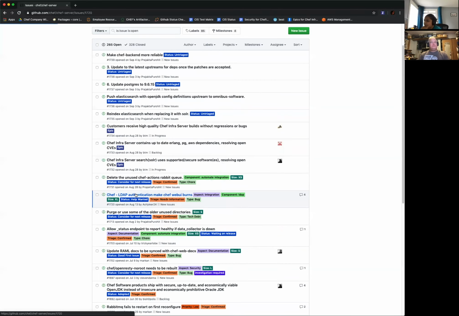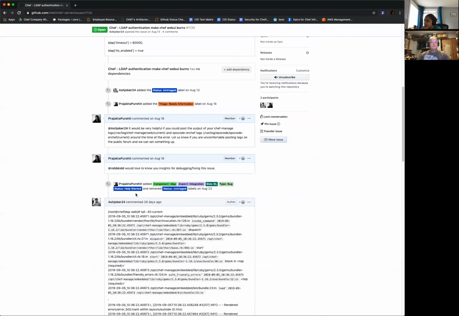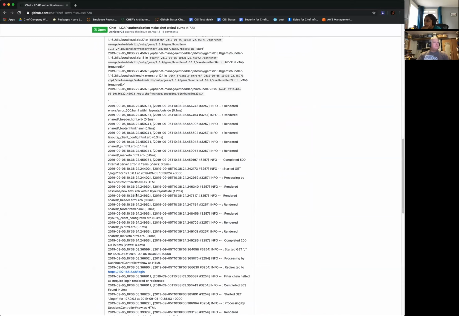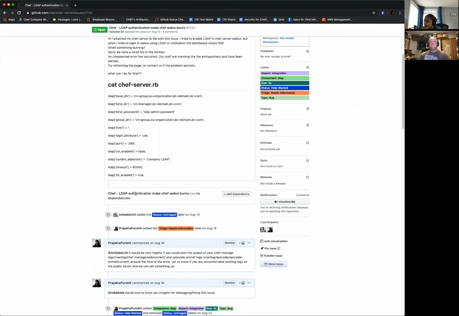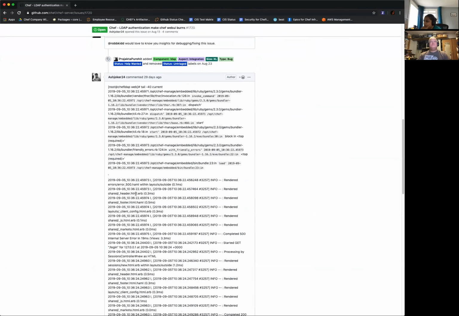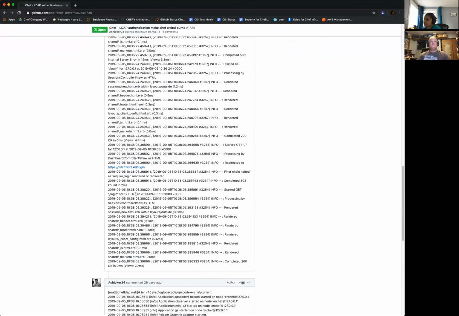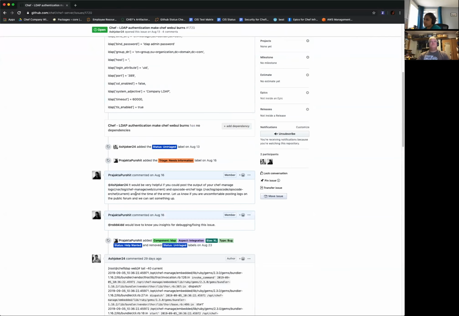I know we have already looked at this, Mark, the Chef LDAP authentication. Do you think this might be useful to take a look at before the next release, since our next release is around Erlang updates and LDAP?